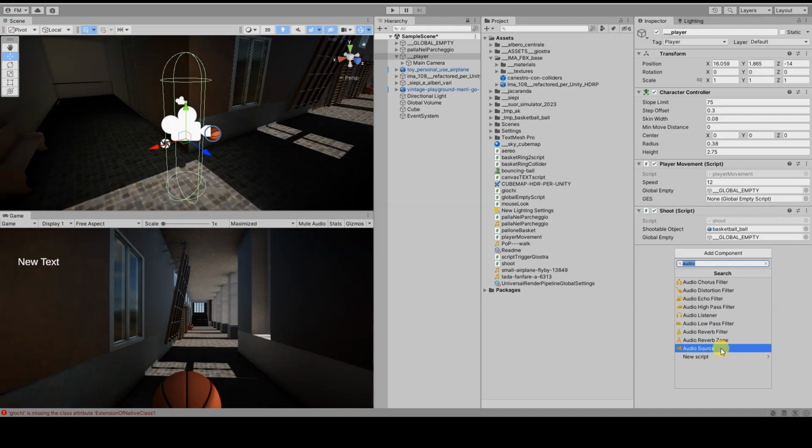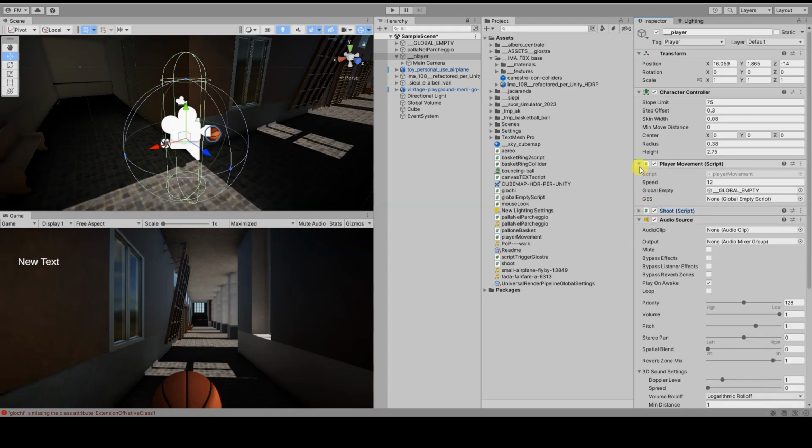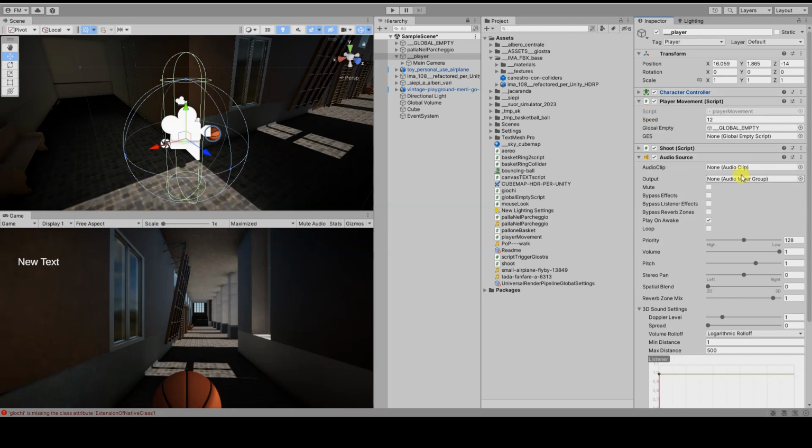Upon accessing the tab of the newly created component, you will immediately see the audio clip field, which is initially set to none. Additionally, there is a checkbox labeled Play on Awake that is selected by default. This option plays the audio file when the game starts, which can be beneficial in certain scenarios. However, it isn't necessary for our current use case, so I will deselect it.